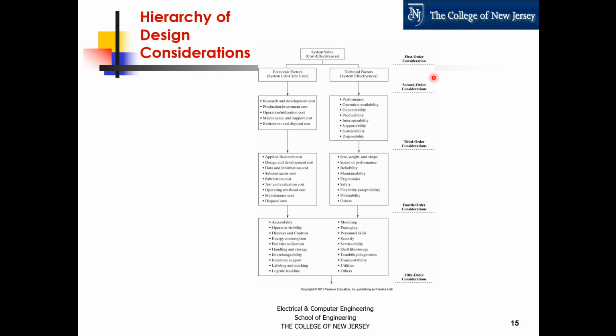Now, also, the considerations at lower tiers support, from a bottom-up perspective, the bigger and more important considerations at the higher tiers. So you can see in the second order considerations things like performance,